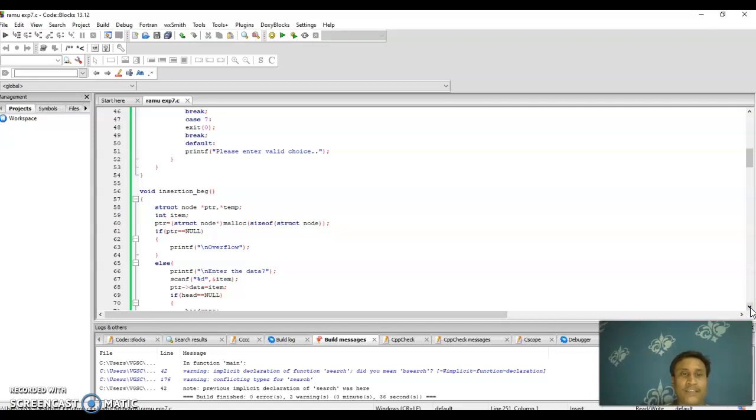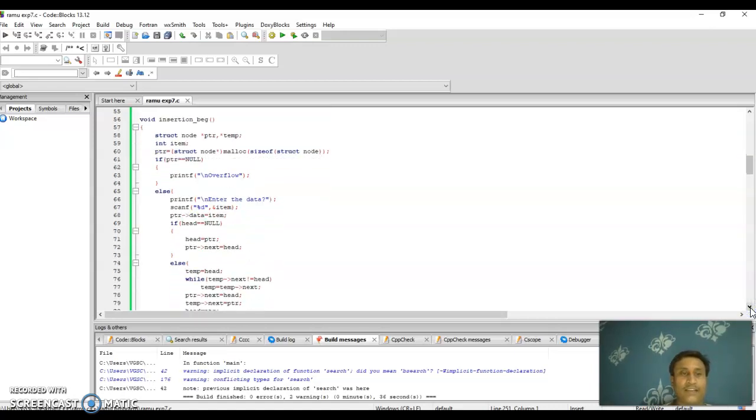Now void insertion_begin. struct node *ptr, *temp, int item. ptr = (struct node *)malloc(sizeof(struct node)). If ptr == NULL, printf overflow, else printf enter the data, scanf %d, &item, ptr->data = item. If head == NULL, head = ptr, ptr->next = head, else temp = head, while temp->next